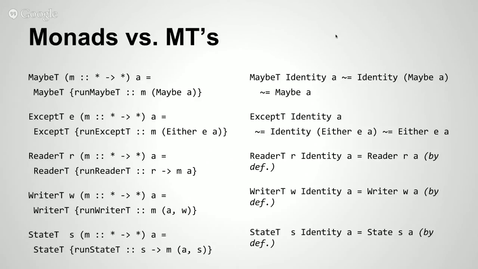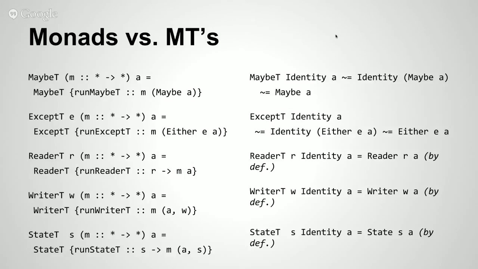And I'll show some examples. So I've talked about reader and writer and state and how one might define them. How they're actually defined is with monad transformers. So we have MaybeT, which takes a monad M and an A, and runMaybeT is an M of Maybe A. If you do MaybeT of Identity A, you get an Identity of Maybe A, which is isomorphic to Maybe